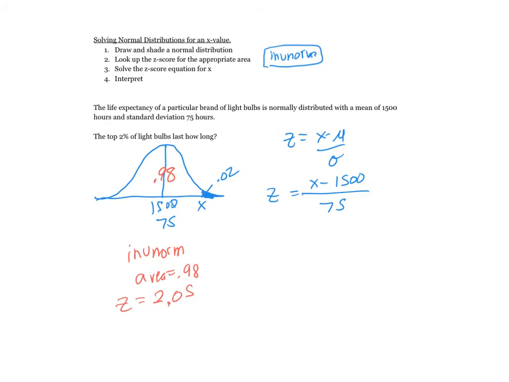Okay? And that's important. If you had accidentally said the area was 2%, because they asked for the top 2%, the calculator would have given us negative 2.05. But that's on the wrong end, okay? And it would give you the wrong answer. So be sure you're typing in the left-hand area. So I would plug in 2.05 for z,